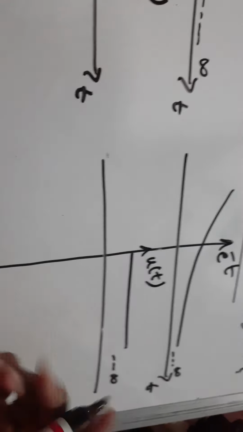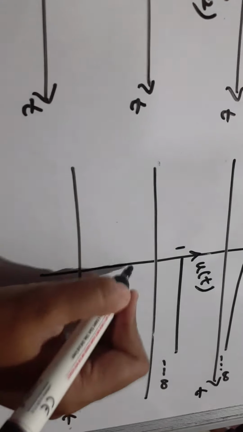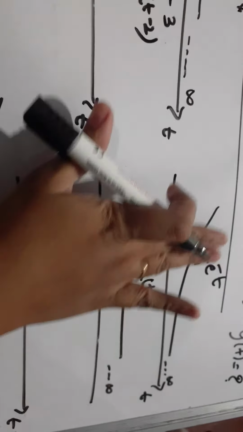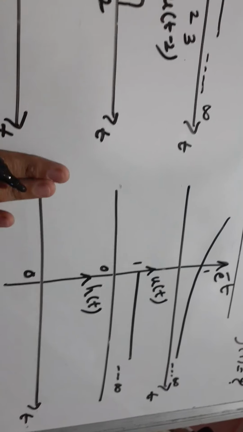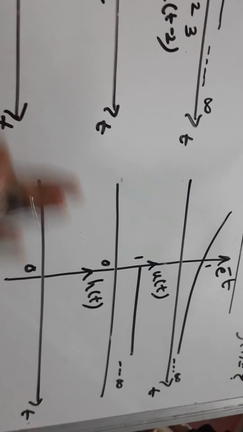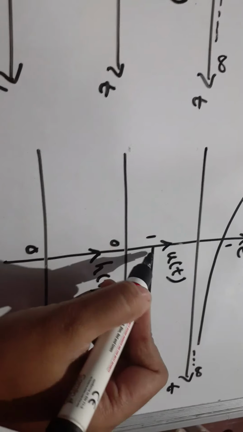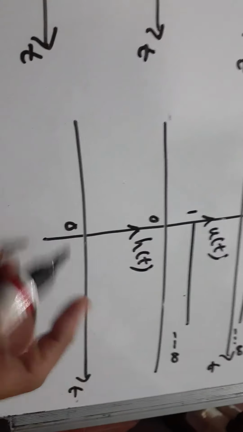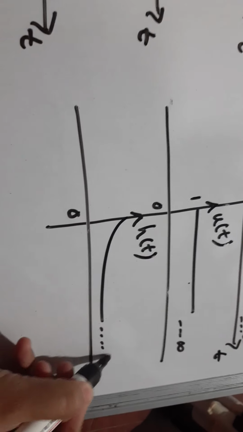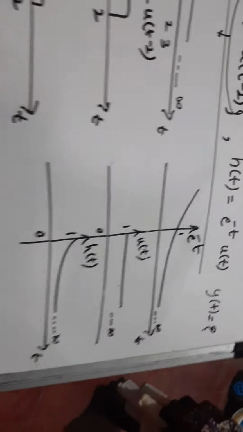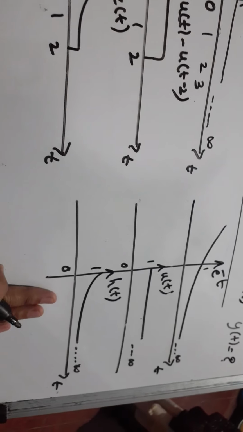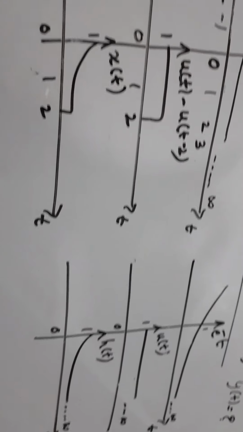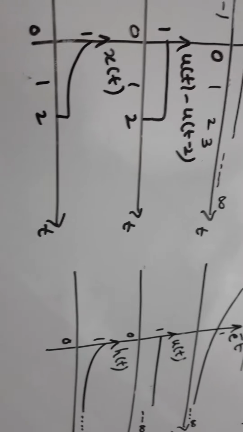If you multiply these two signals, you will get h of t. Some value multiplied by 0, no value, no signal at the left side. On the right hand side, 1 multiplied by some signal, 1 into any value, the same value continues. This is how your second signal looks like. Okay, we have drawn x and h. Now let us move to the convolution part.